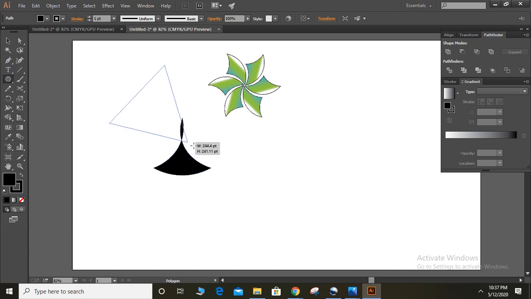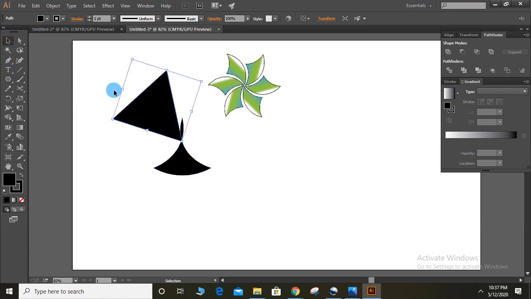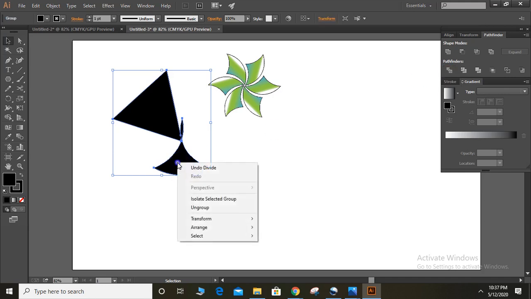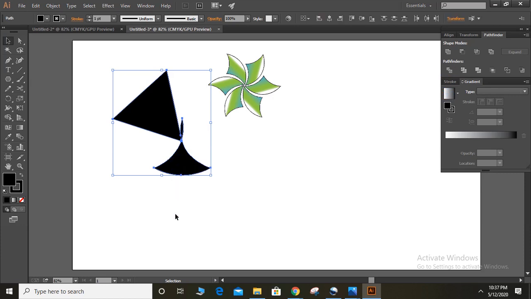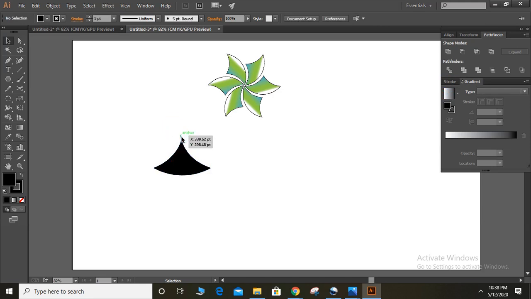Now place a triangle over here and just select all the shapes and go to the pathfinder tool and divide it. After that ungroup them. Now you can delete the extra things like this. Now just scale it down a bit